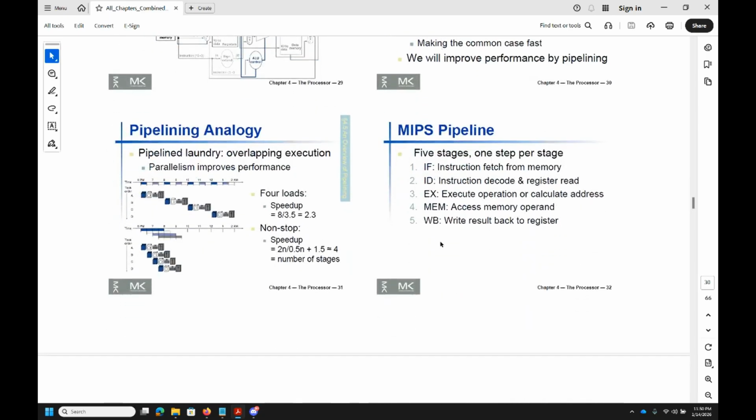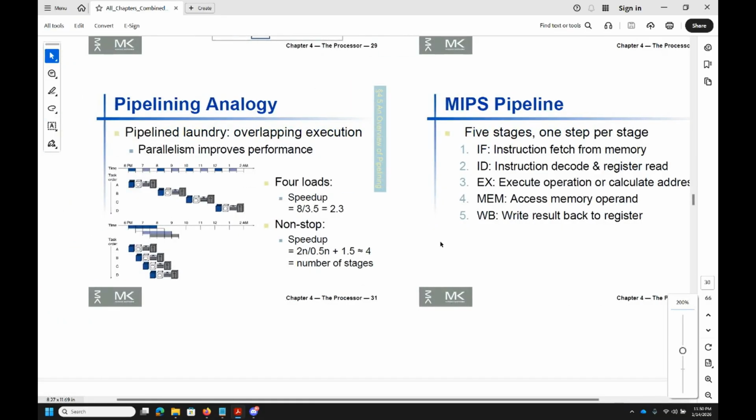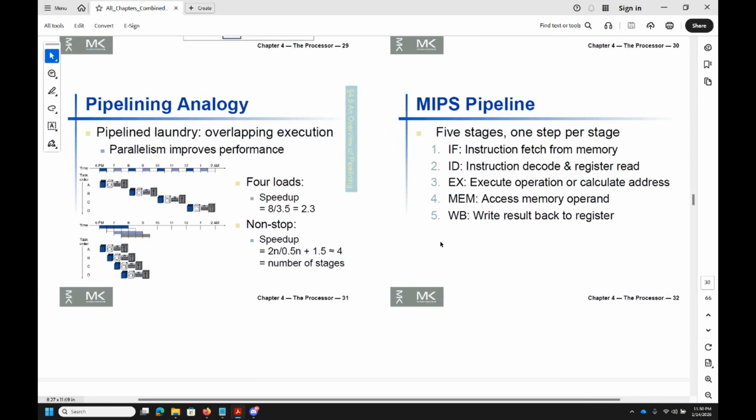So we can improve the performance by something known as pipelining, right? Pipelining is very cool and it can be explained by a very simple example. Let's say that you are one person that takes 1 hour to wash a certain amount of clothes, and then those clothes take 1 hour to dry. So you take a total of 2 hours. Now if I have two people and you split the load of clothes in half, how long would it take for two people to wash the same amount of clothes?